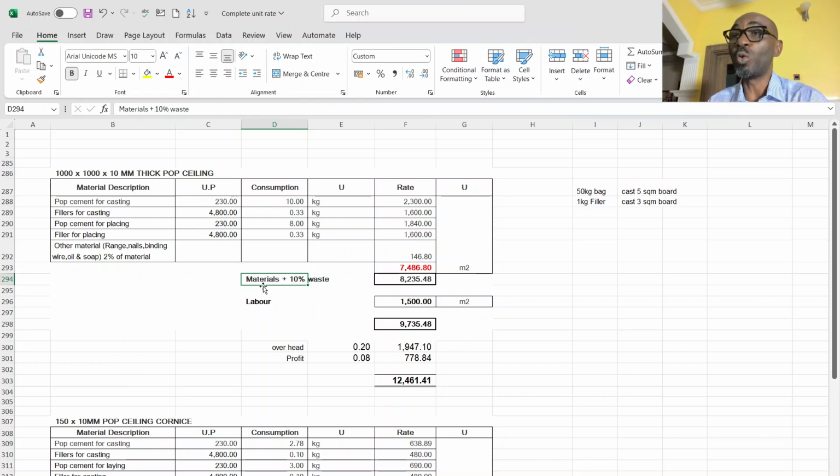Unlike when molding, you have a platform. After mixing, you spread on the platform, you sprinkle your fillers, and you allow it to set. In the next 5 minutes it is set, you remove the board and you cast another one. But for laying the board, the game is different. So that is why I'm applying 10% on the material cost to give me